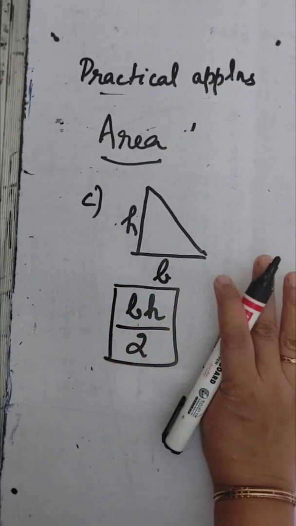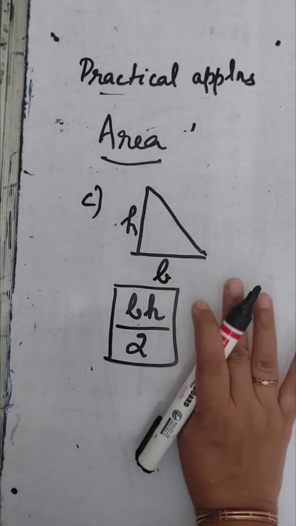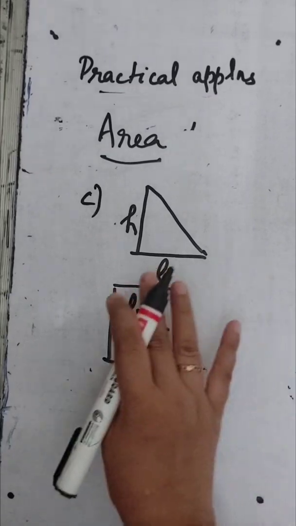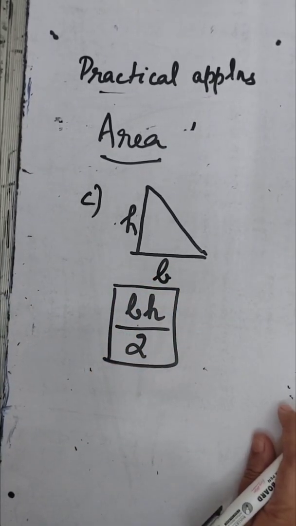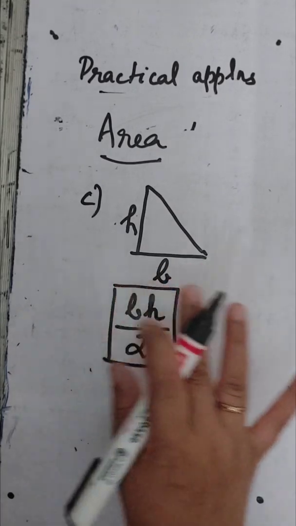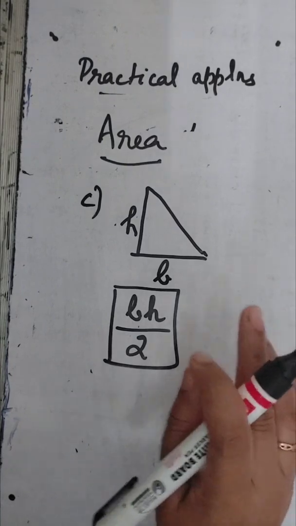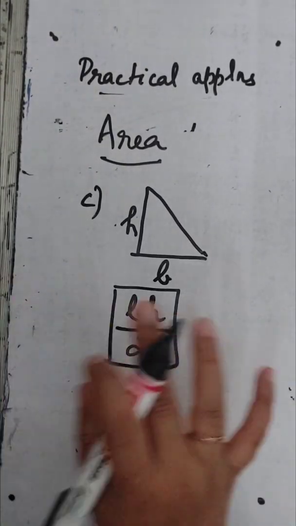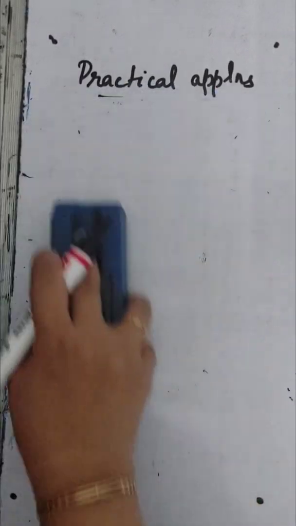So in all these cases we can see that if the values of the variables are given, we can find out the value of the area or perimeter of any shape, right? So these are some of the practical applications where we are using algebraic expressions to form formulae for the area or perimeter of different shapes. Okay,